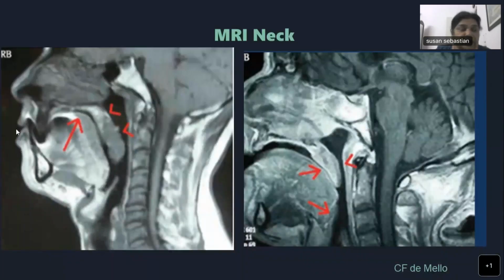And again, if you see, this is MRI. You can see that there is the micrognathia, and it is pushing the tongue against the soft palate, against the hard palate, and the space is very narrow. And this is pushing the palate behind, and the airway space is narrowed. Here again, you can see that the palate is bulky, and the tongue is also bulky, and the posterior airway space is very much narrowed.